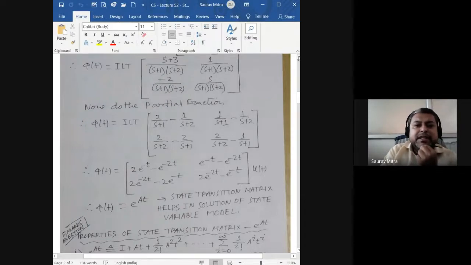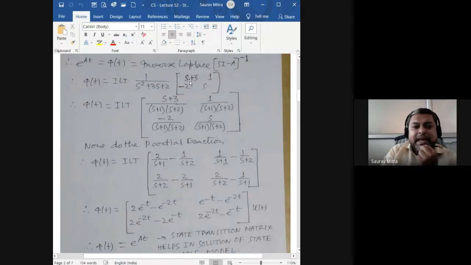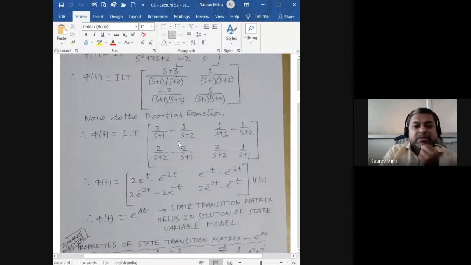So the steps are: first find SI minus A, then find SI minus A inverse. This denominator should generally be factorizable, but even if it is not factorizable, you should be able to proceed. Obviously, we should not be asking you imaginary poles and all those things here. Generally, it is not asked. If your bad luck is very bad, it might be asked, but generally in the exam we are sensible and ask you a numerical where this denominator is factorizable. Then take it inside, do partial fraction, and the final step. So whatever you are finding inside the bracket is actually SI minus A inverse. Now the last step is